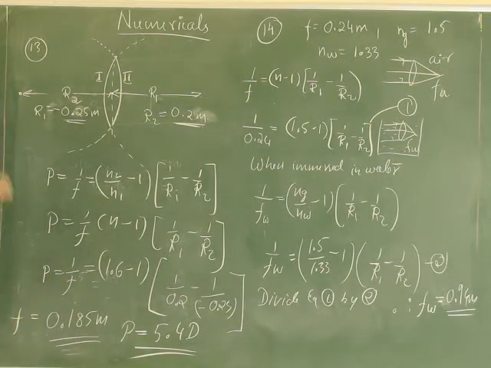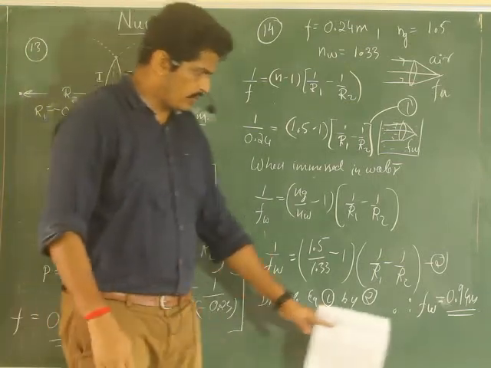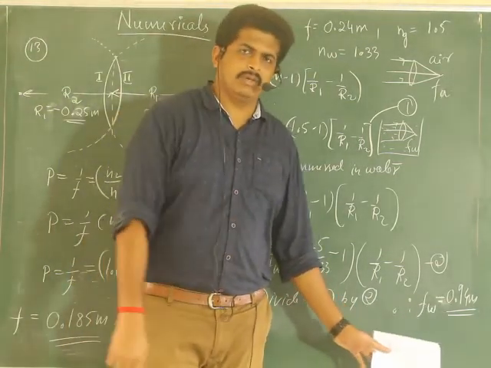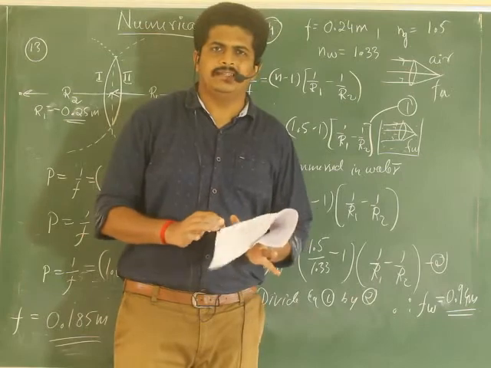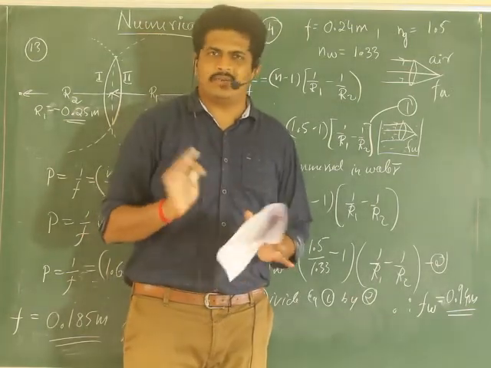But what is there in the question actually? In the question they have mentioned or asked what is the change in focal length. So if you finish or if you stop the numerical still here, you will lose 1 mark. Why? Because they have asked change in focal length. That means how much variation has taken place they have asked.